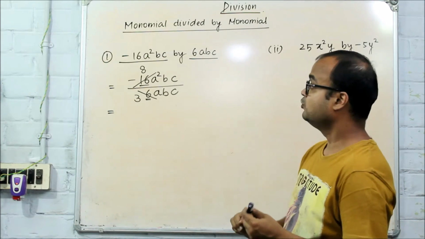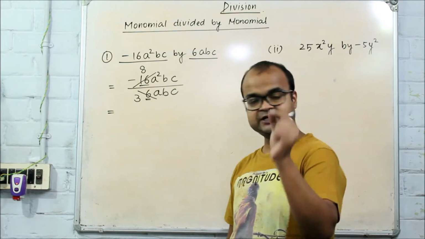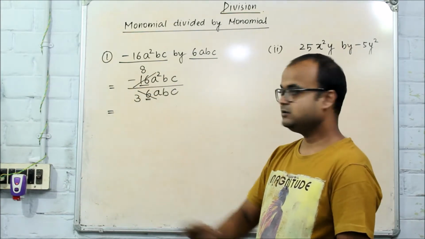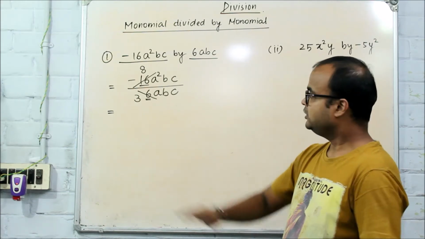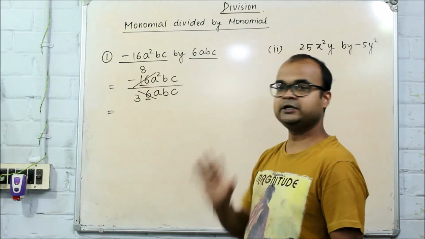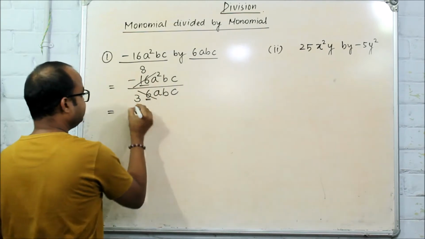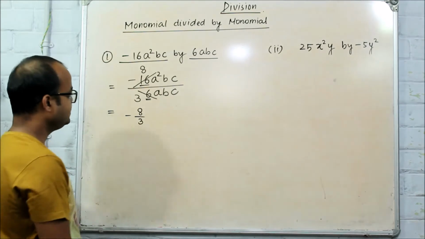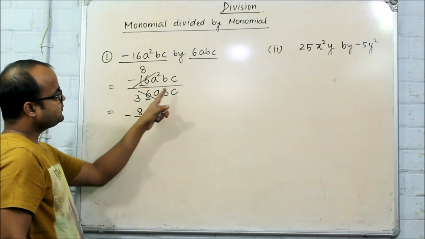No. Why? See, 8 you can divide by 2, that is, 2 is a common factor of 8. But you can't divide 3 by 2. The denominator is only divisible by 3, the numerator can't. So we cannot simplify further. So we write minus 8 by 3. So we simplified the numerical coefficient part. Now let us